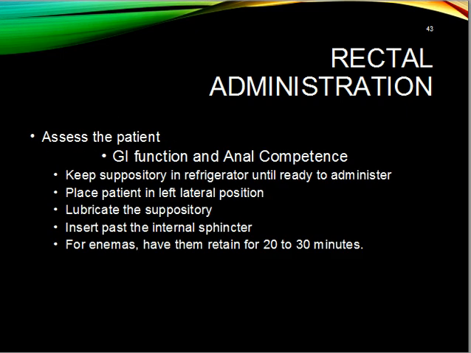Rectal administration: assess the patient, the GI function, and anal competence, and make sure there isn't any problem. Keep the suppository in the refrigerator until ready to administer. Place the patient in left lateral position. Lubricate the suppository and insert it past the anal sphincter, and have it retained for 20 to 30 minutes for